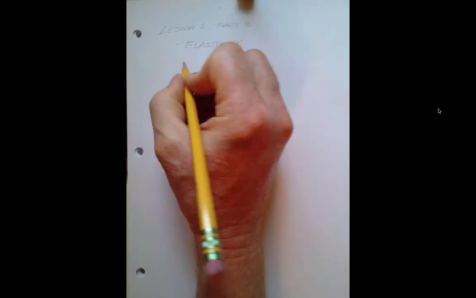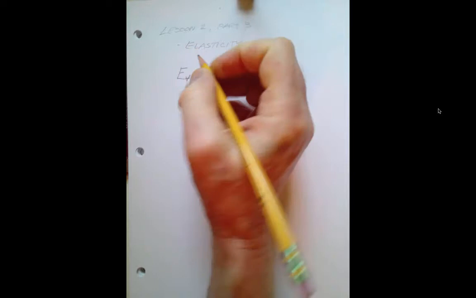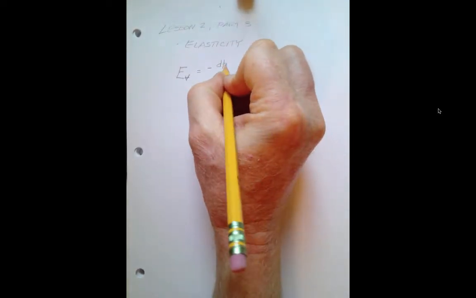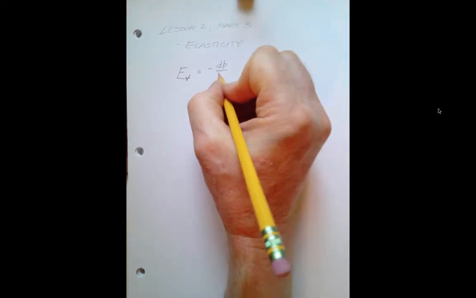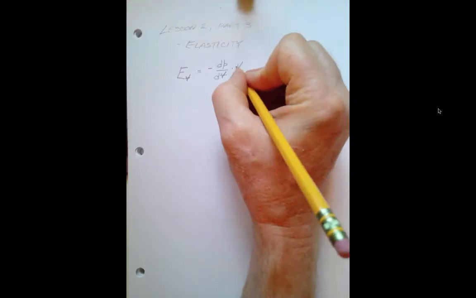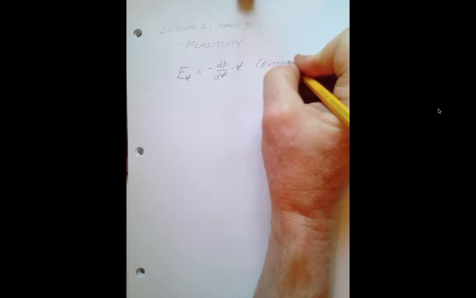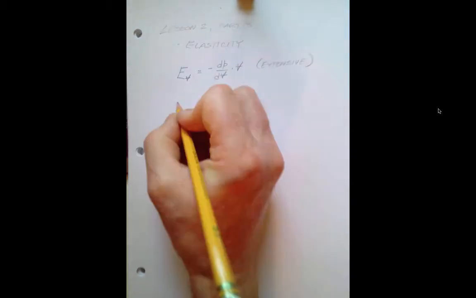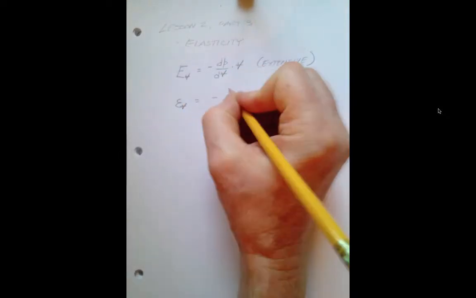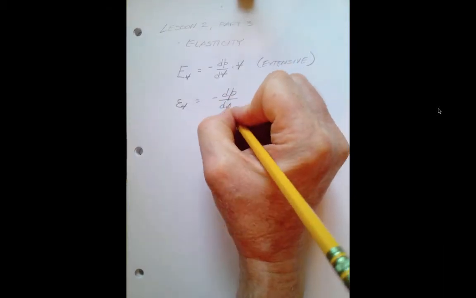And in the case of elasticity, the extensive property, elasticity is equal to change in pressure with change in volume multiplied by the reference volume. This is the extensive property. And the intensive property, for lack of better alphabet, change in pressure, change in density,